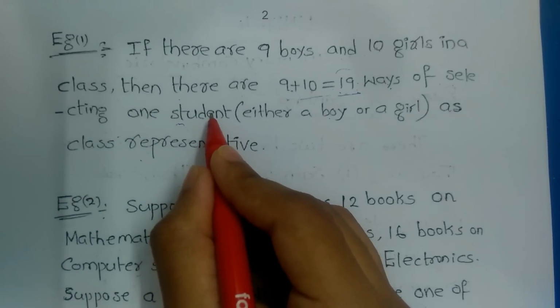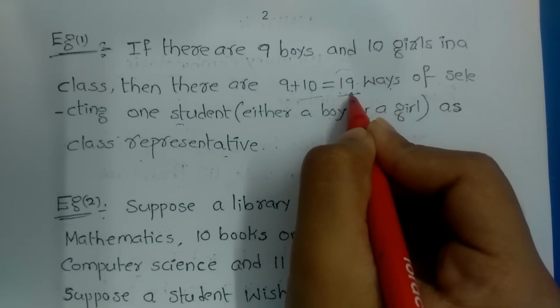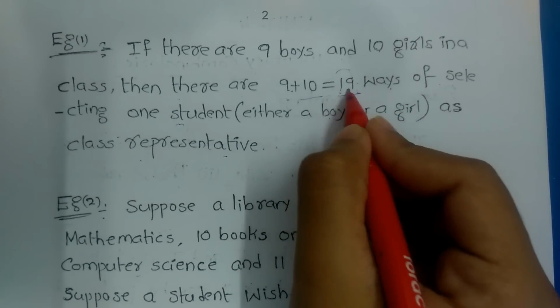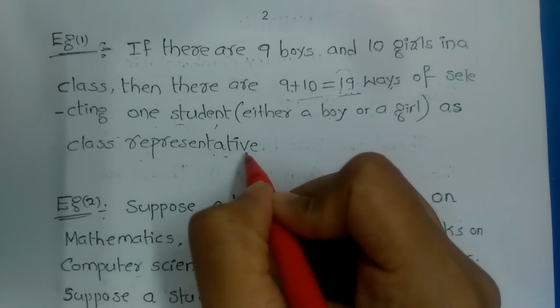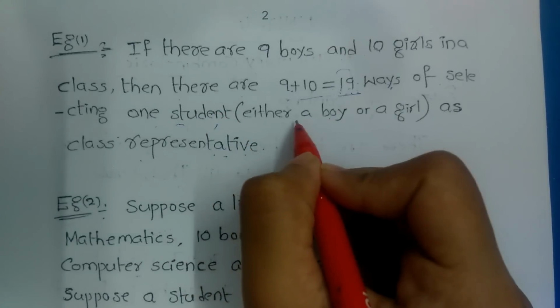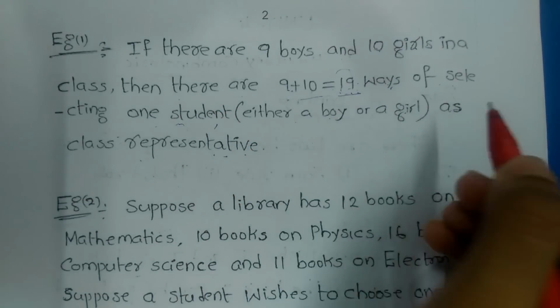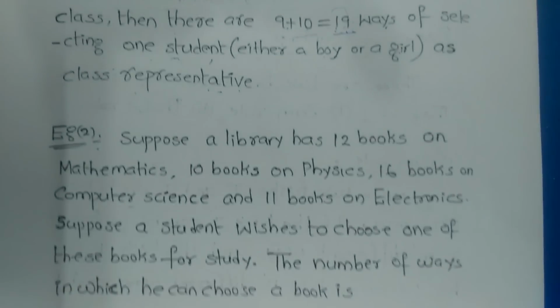We are selecting only one student from the 19 students. So it means there are 19 ways of selecting the one student from the class as a class representative. That one student can be either a boy or a girl. Next, the second example is,